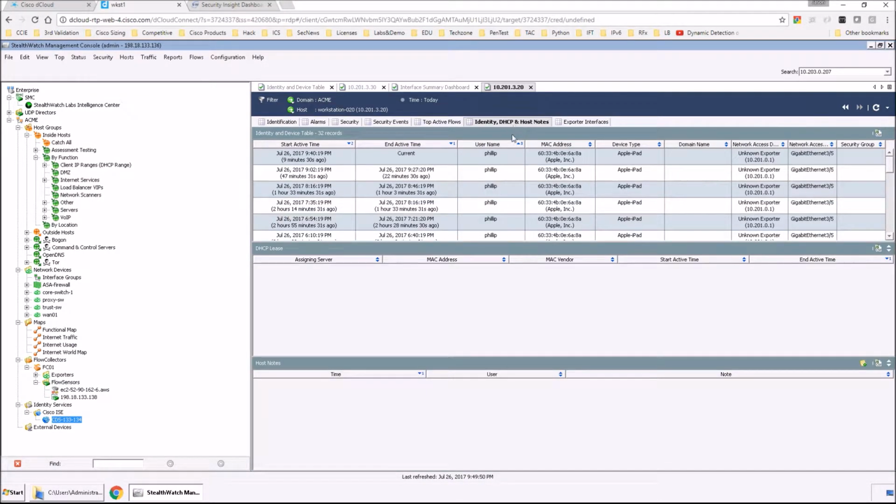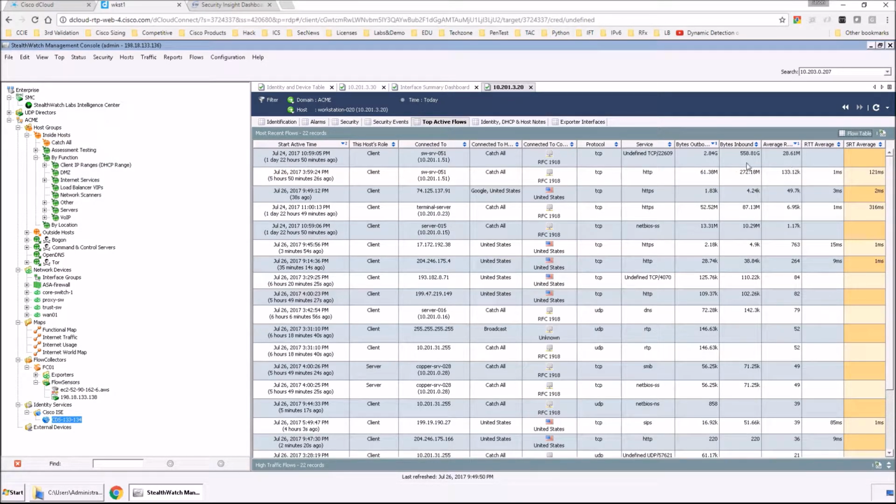So very quickly we move over. We can see who that user is. We can see the top active flows. This might show or highlight very quickly our problem area. We can also look at the round trip time as well as the server response time. And so, for example, if the round trip time looks okay, but the server response time seems high, then